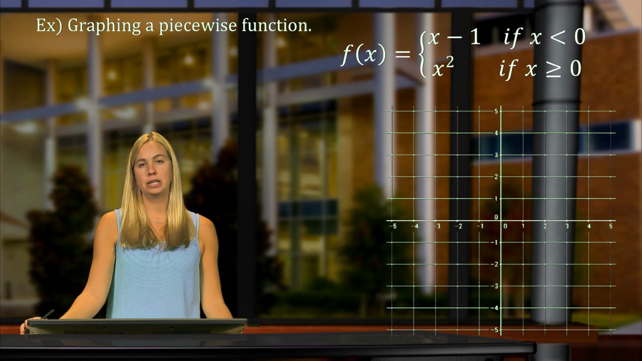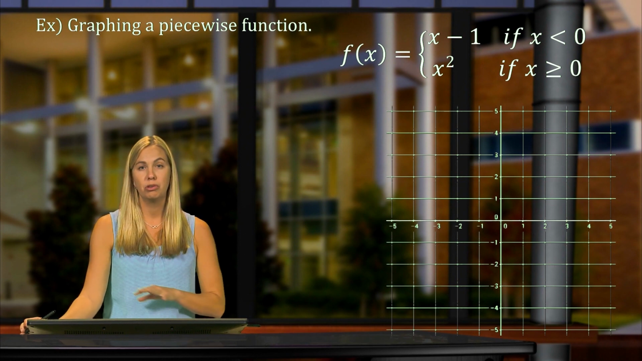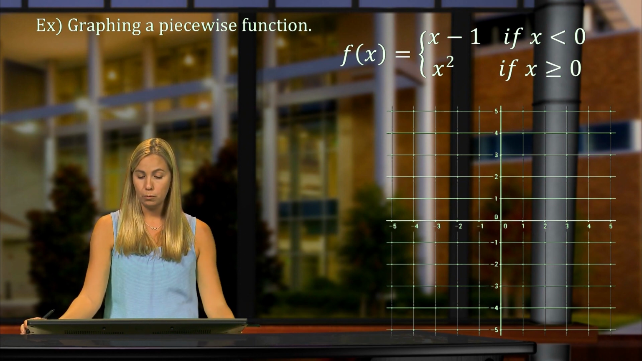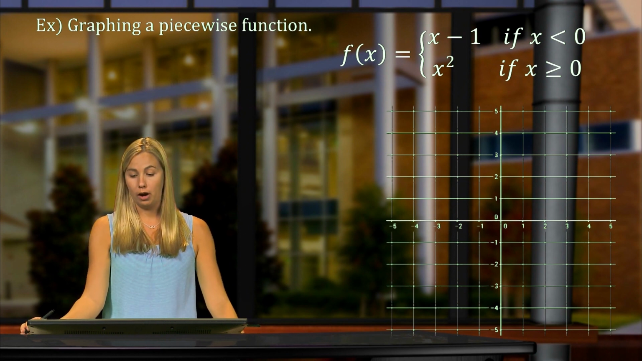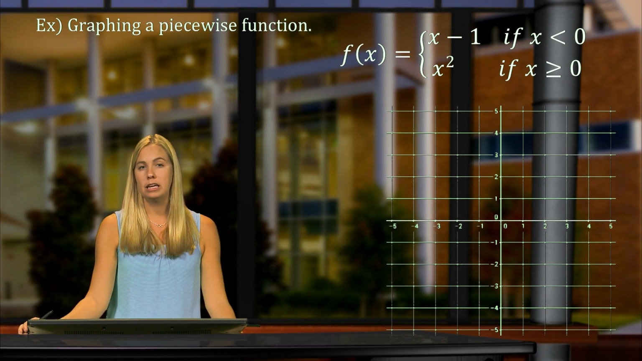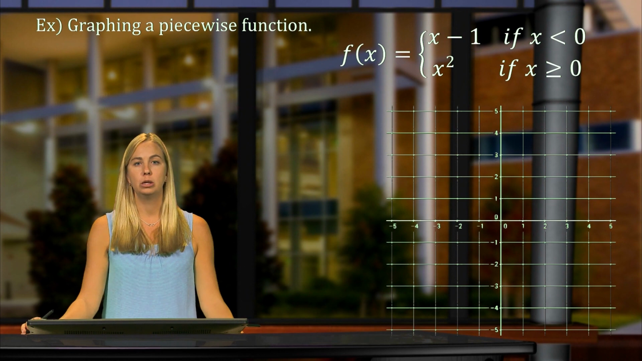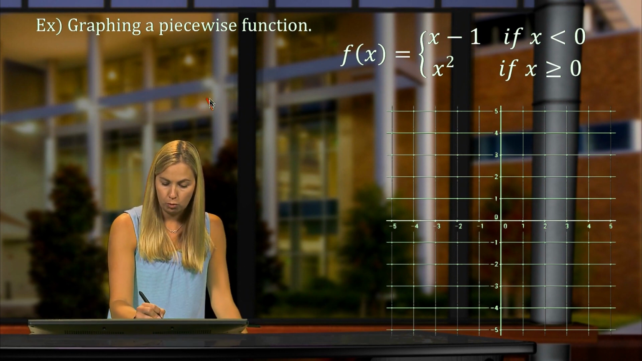To graph a piecewise function, there are 2 more common techniques. I'm going to show you guys both with the same example. So f of x equals x minus 1 if x is less than 0, and x squared if x is greater than or equal to 0. The first technique involves making a table of values for each of our equations. So we're going to make a table of values for